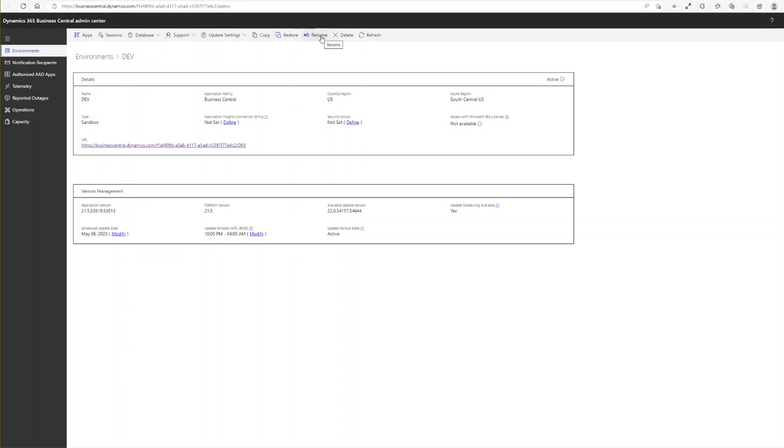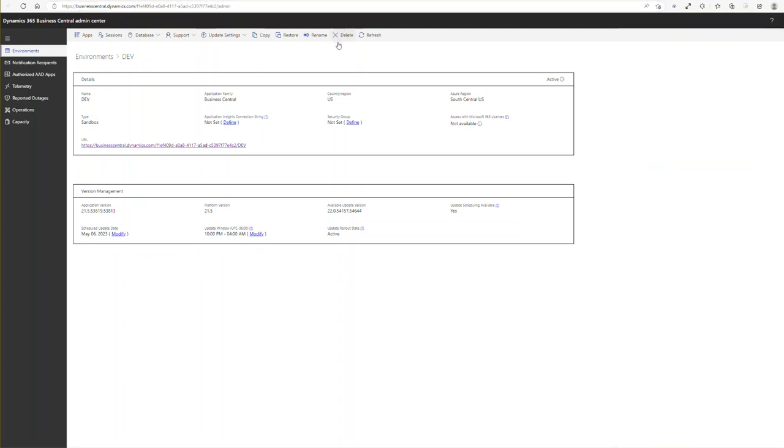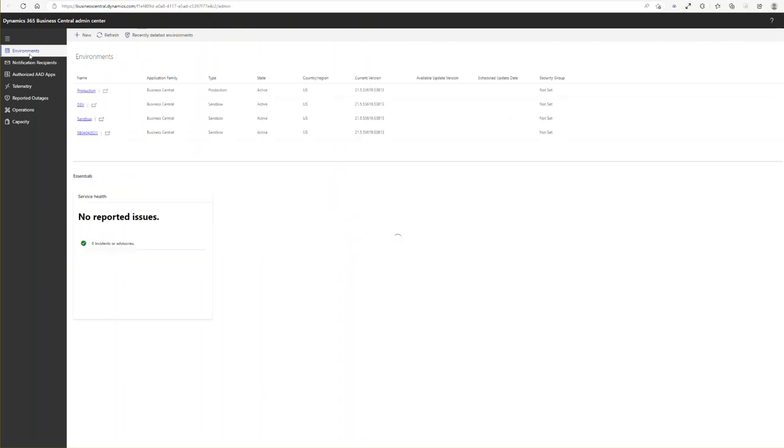Rename is just what the name says. We can just type in the new name here, and the dev environment is going to be renamed to the new name. And delete we discussed, and refresh is just refreshing this card page here. So that would be the Environments Blade. Also, you can see here